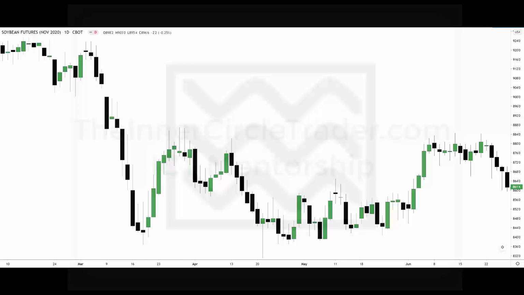So before we get into it, before I add the lipstick to the chart, I want you to take a look at what you see here. And this is soybean futures. And some of you are probably scratching your head, what is a soybean? You'd be surprised where soybeans end up. And the bottom line is this is the November contract, or delivery contract, for November 2020. All right, so if you are not ready, pause the video, because I'm going to start talking about it and put the annotations on. So here's your opportunity to stop it and study it before you see the insights that I'm going to be sharing.